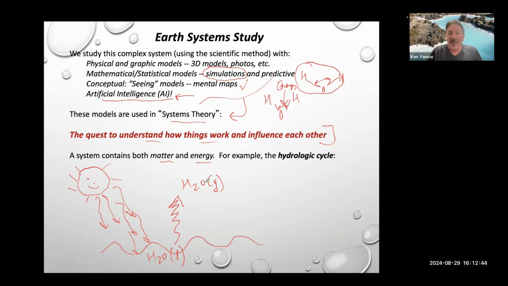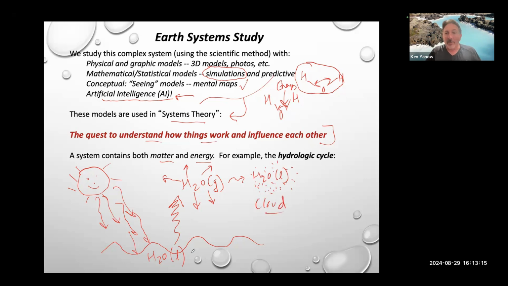So here, the energy's been absorbed, but almost as quickly, the energy will be released from the H2O gas molecule. And that means that this gas is going to condense and turn back into H2O liquid. And if I get a bunch of H2O liquid, and they're all small water droplets, and they're all suspended in the atmosphere, that's going to make a cloud. So this is part of the hydrologic cycle.